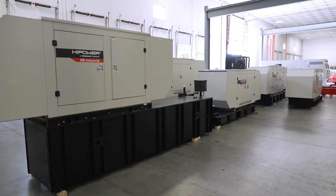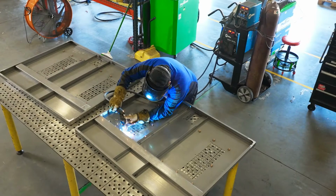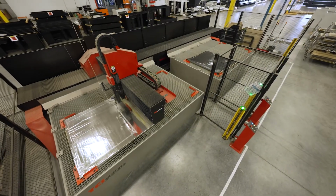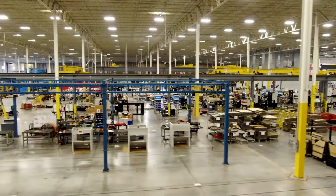Hipower is committed to creating innovative solutions and quality products. Every step of the process is completed specifically to meet the unique requirements and application of the North American market. All our standby and mobile product lines are proudly designed, engineered, prototyped here at our state-of-the-art headquarters and manufacturing center